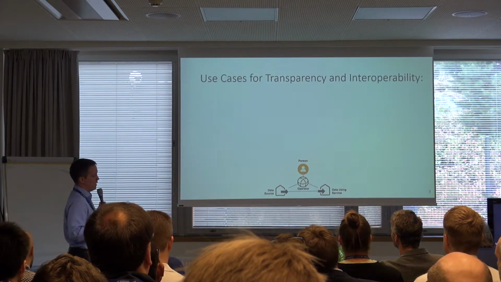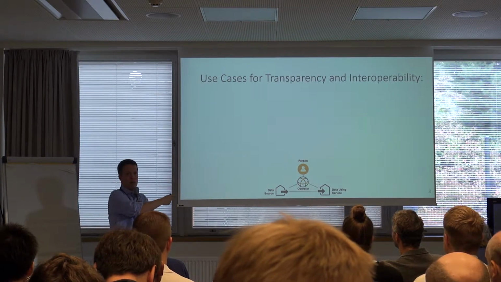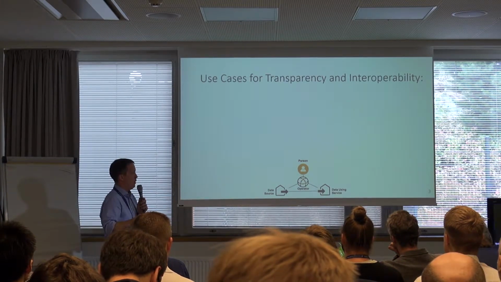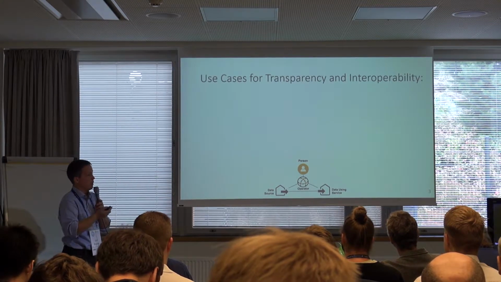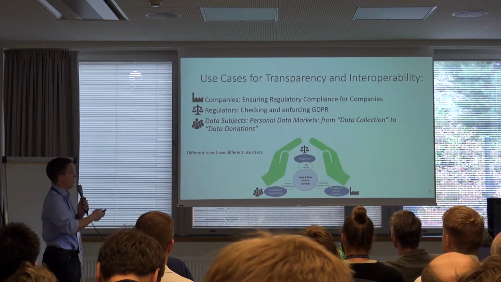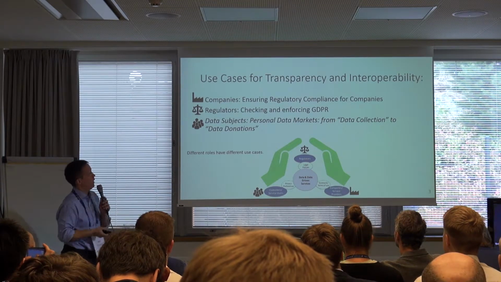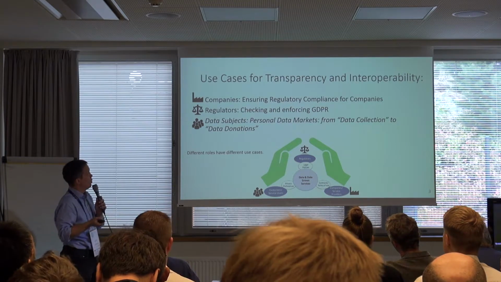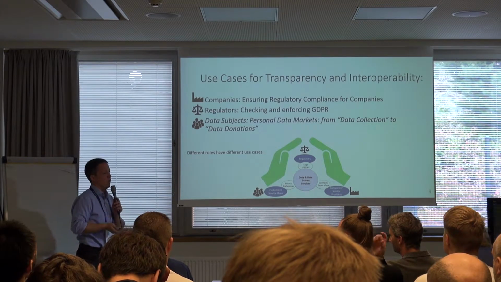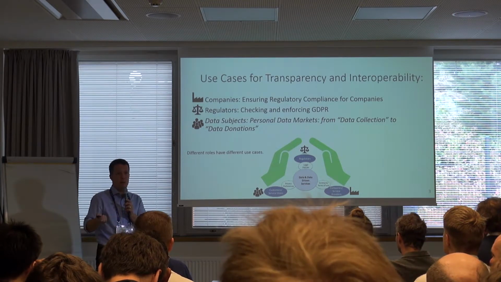And when we talk about use cases, we talk about roles which address these use cases. This is, I think, what you've seen in Jos' introductory slides if you've been to the interoperability session, where in data privacy controls there are always different roles: the data subject, the companies, and the regulators, of course. So we have this picture, which is essentially the same in our project proposal. We want to address companies. We want to make it easier for companies to ensure regulatory compliance, for small and big companies alike. We want to make it easier for regulators to check and enforce GDPR, even if consent, for instance, is dynamic.